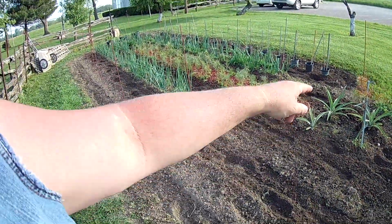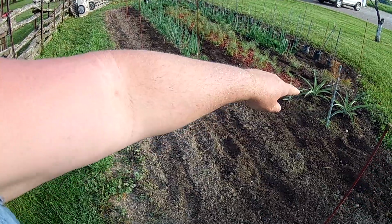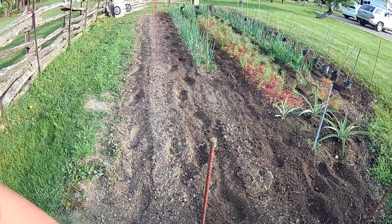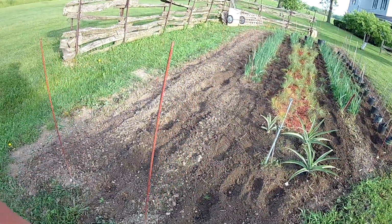You can barely see it there. Looks like parsley. Put the pineapples out yesterday. They require tropical weather. They're a tropical plant. They won't tolerate 40-degree weather, but